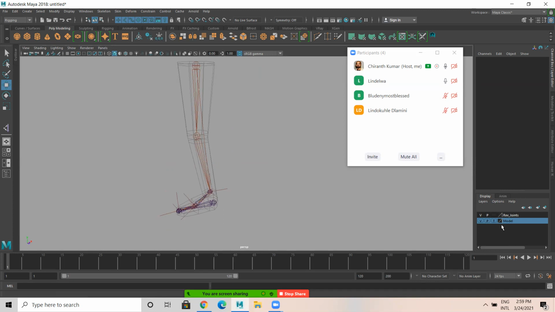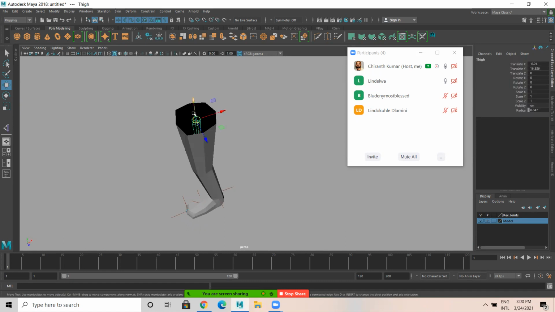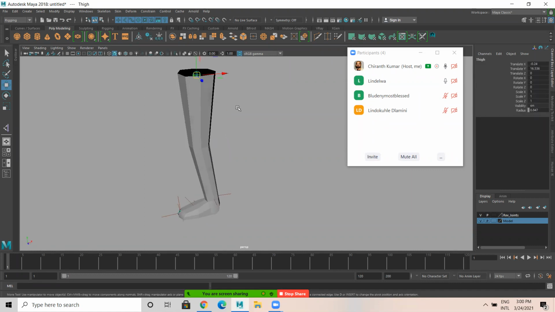So next, I turn off this reference mode or template mode. Now, next method, for skinning of the leg part.